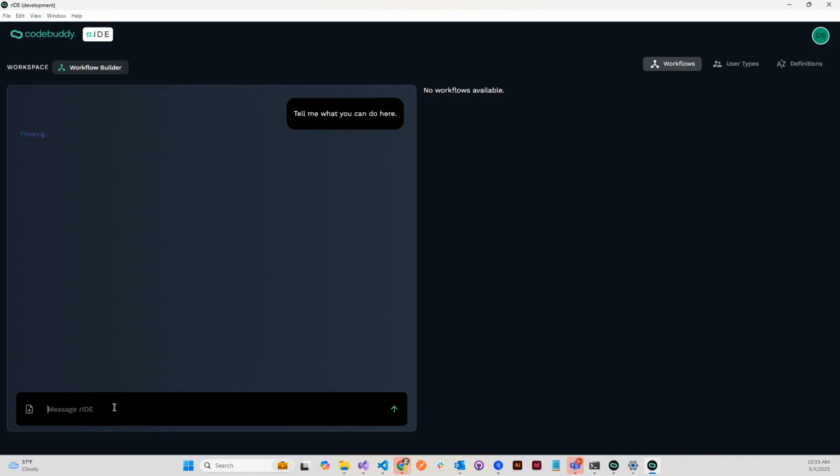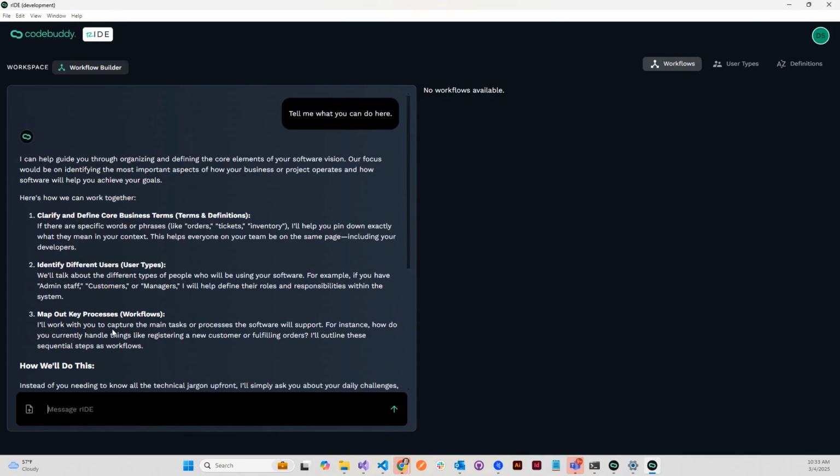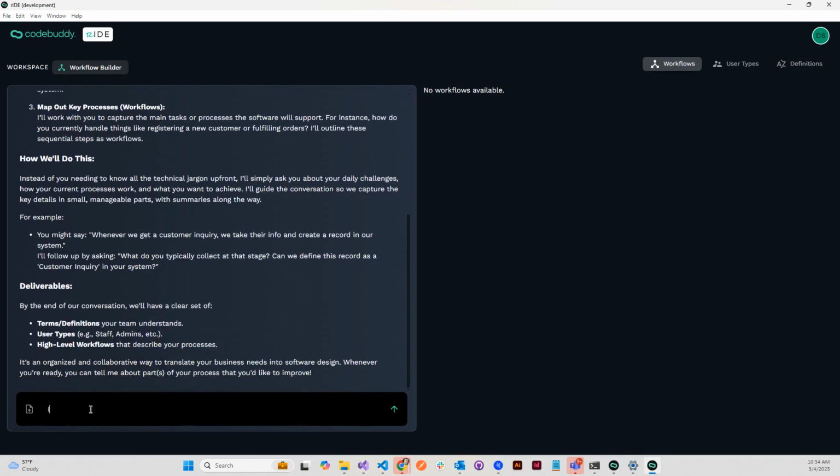It's going to give me instructions on what this workflow builder is. Basically, the idea of it is to take a new software idea and turn it into software language. So workflows, the user types, and the definitions. So let's say I want to build a new app